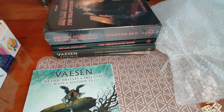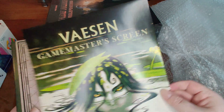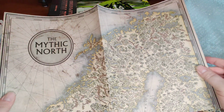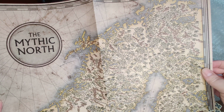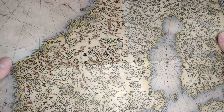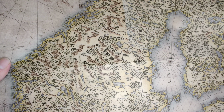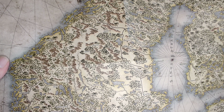And we also have a map of the mythic north, i.e. Scandinavia, it says, and the town of Uppsala on the other. Very cool. So let's look at the map first. Here's the mythic north. Oh, lovely. Lofoten, I've been there. Tromsø, been there. Narvik, I've been there. Trondheim, been there. What about Røros? Is that on there? Oh, no, I mean, that certainly existed at the time, but yeah, Bergen's there, Stavanger, Rondal, Tunsberg, Oslo,